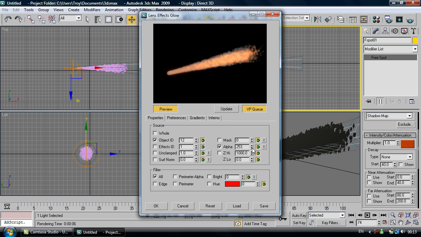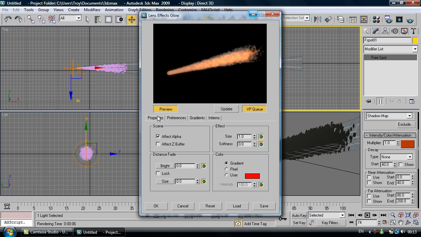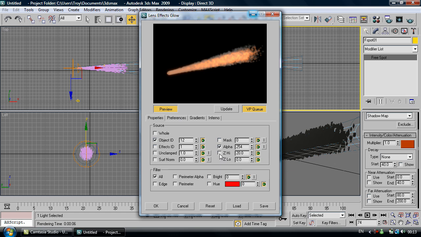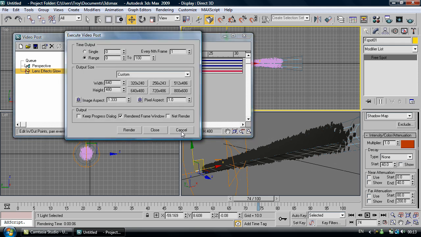So if we bring our mask down a little bit and enable Z high, then decrease it by a lot. As you can see now, we can control precisely how it looks. Or if you prefer without Z high, we can get a diminished effect. So if we just close that and render it out,